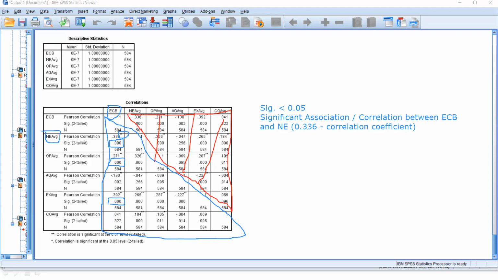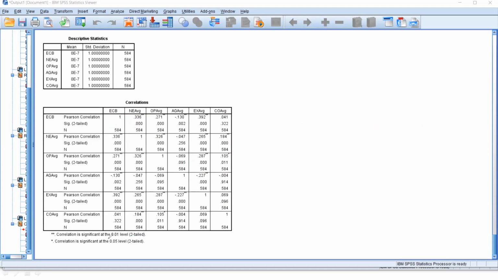Those star marks indicate that your correlation is significant at the confidence level of 99%, because it is 0.01.